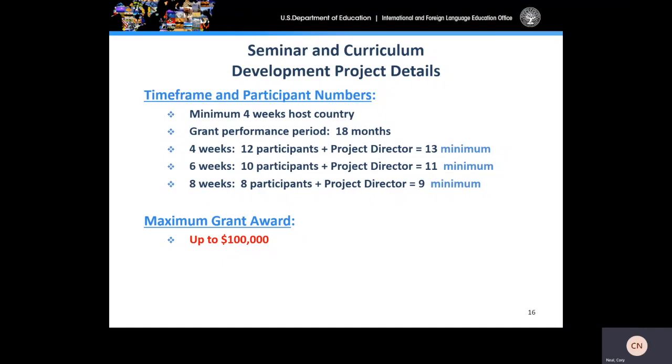You can see that this total number decreases the longer a seminar or curriculum project is designed to last. The maximum grant award for both seminars and curriculum development is $100,000. This information can be found on pages 15 and 16 of the application handbook.